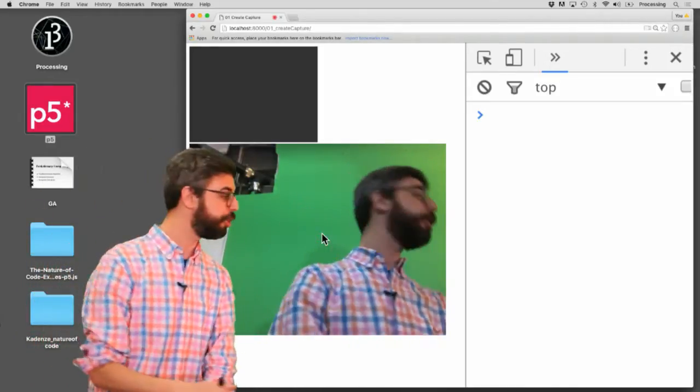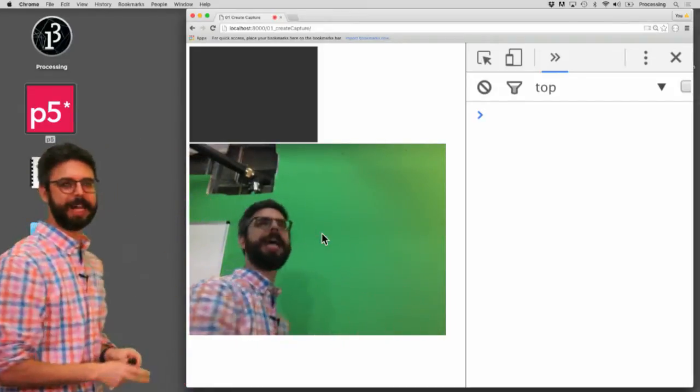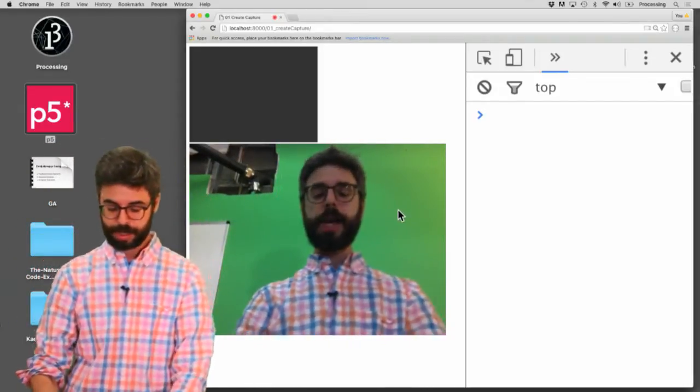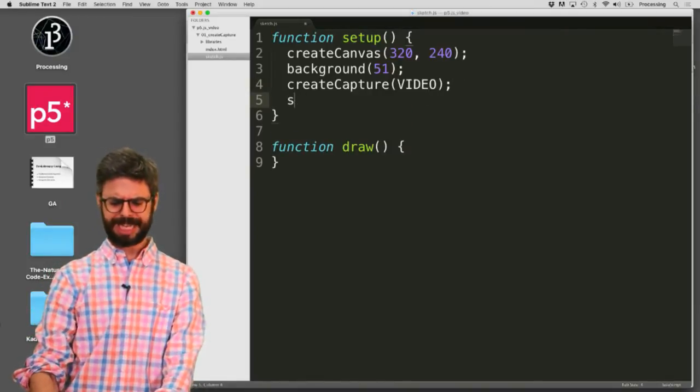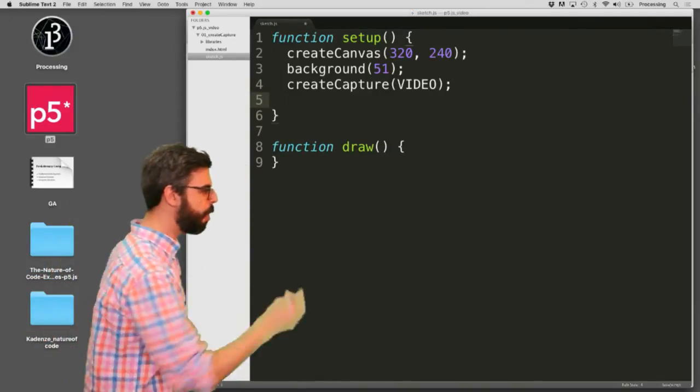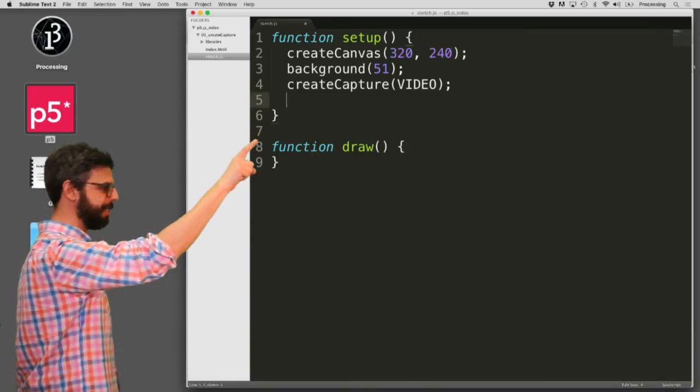Now, if I wanted to change the size of this element, it's a DOM element, so I can use, for example, the P5 function size. But how do I do that? So what if I want to now manipulate,